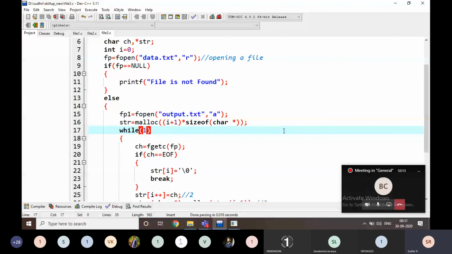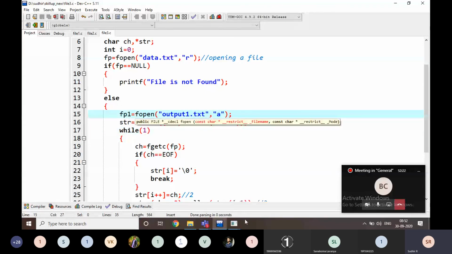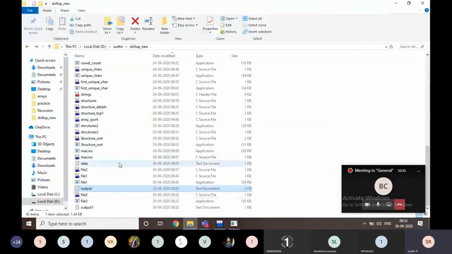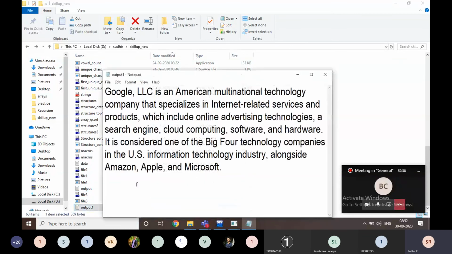Append mode is going to append the data here. If the file is there, it is appending the data, right? If the file is not there, then what will happen here? That is output one.txt. If I execute it, just look here, it will create a file and it works as a write mode. If the file is not found in the list, it works simply how W mode works.